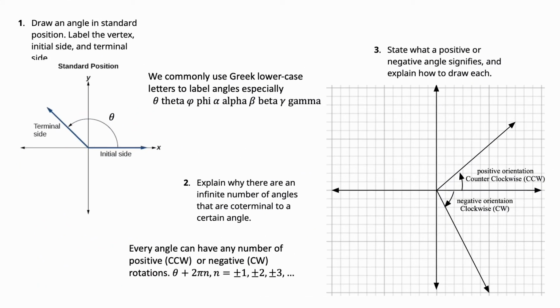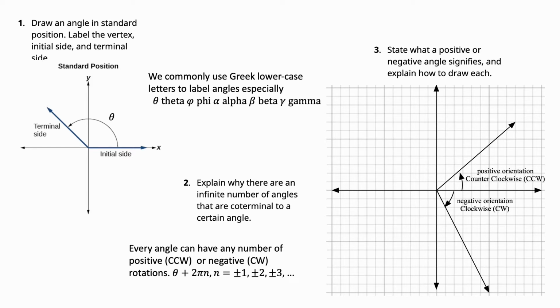Draw an angle in standard position, label the vertex, initial side, and terminal side. Okay, so standard position is on the coordinate axis, and the initial side will always start with the vertex of the angle at the origin, and one side is on the positive x-axis. Then whichever direction you go, counterclockwise or clockwise, you draw the other ray, whatever the angle measure is, and that's called